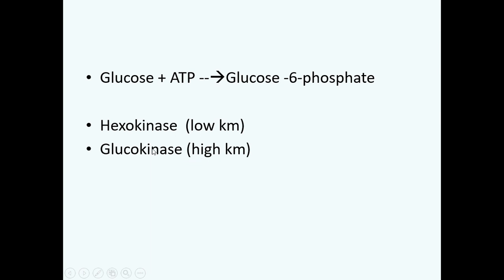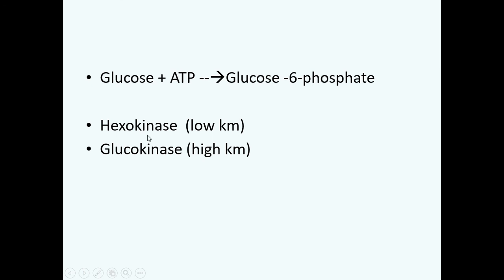So at relatively high concentration of glucose, hexokinase becomes saturated and is unable to utilize all that excess of glucose. It is now the job of the glucokinase, which has a high Km, and hence operates at a higher concentration of